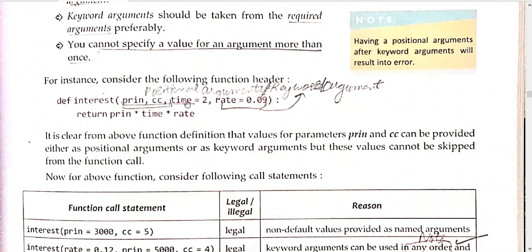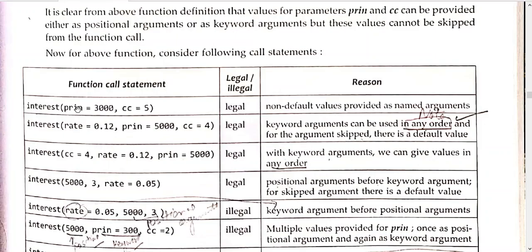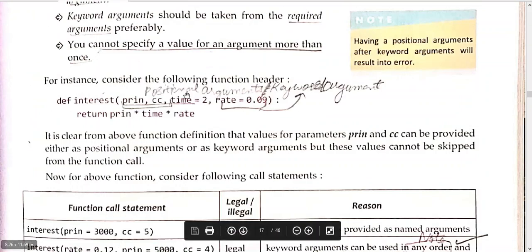Okay, so if we will not pass the value of time and rate, then what will happen? Nothing will be problematic, because these are default parameters and they are satisfying their criteria. Both have default parameters on the right side, so it is a valid situation. If we will not pass the value of time and rate, then by default we'll take it. Okay, now principal 3005, so it is legal. These two will be passed here, and time will be 2, rate of interest is 0.09.